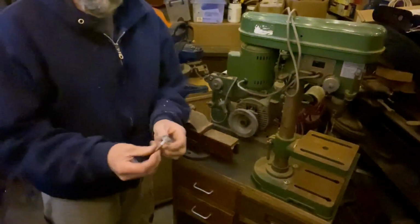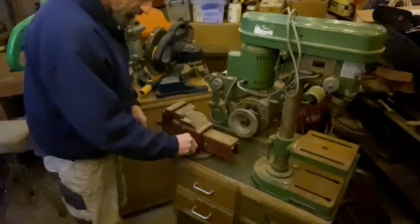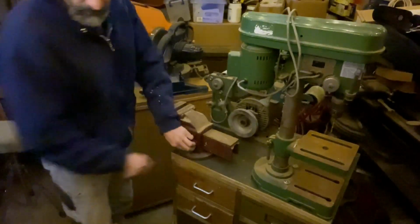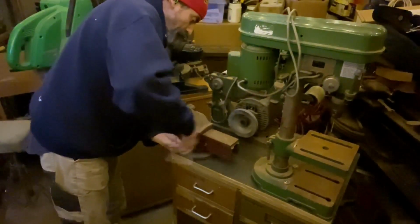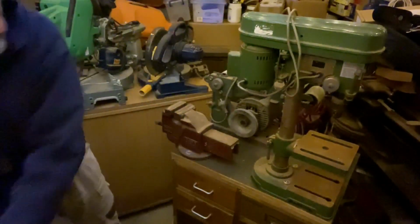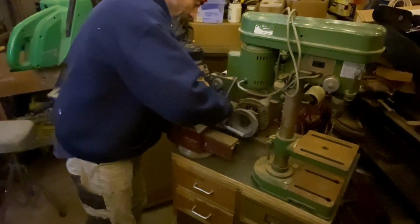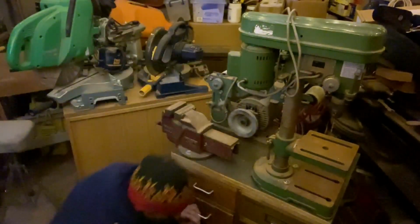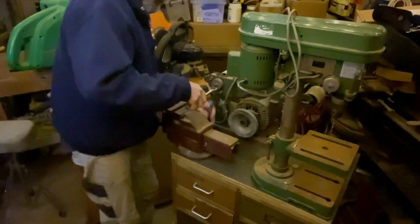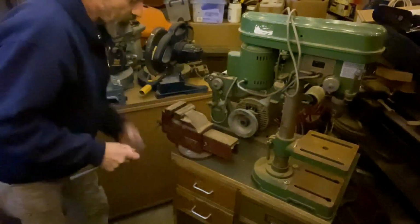And the vise is just little lag bolts. There's 3. Don't do that too tight yet. Another extension on that. With those done,